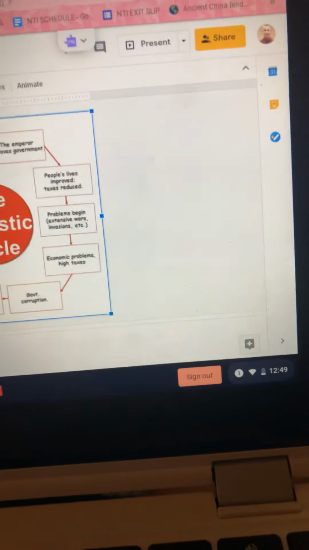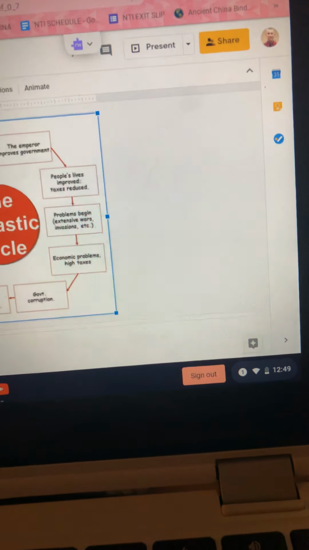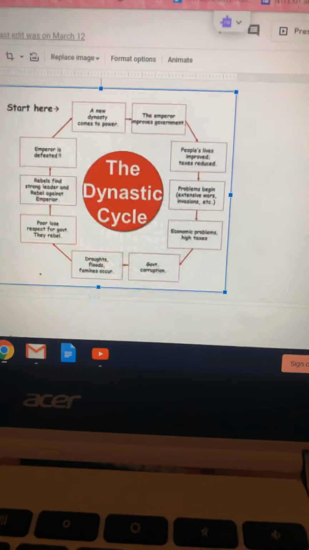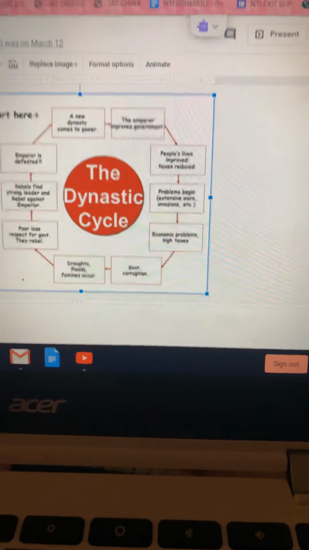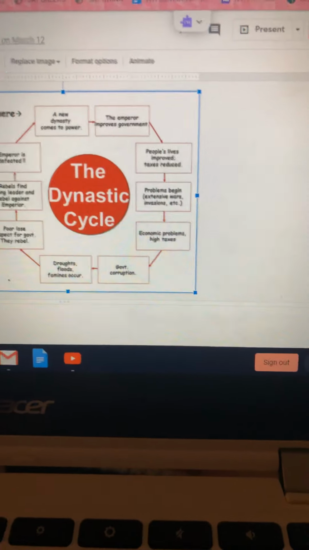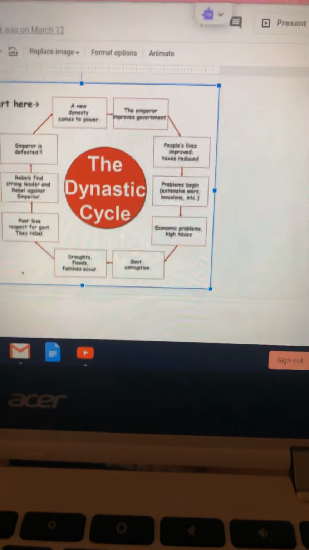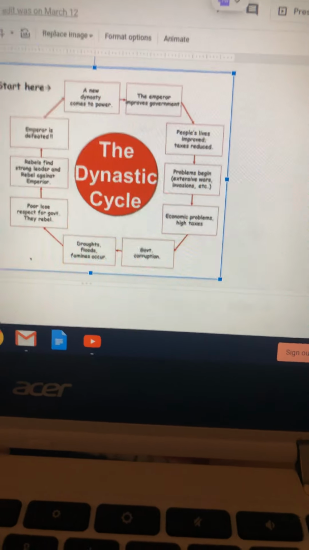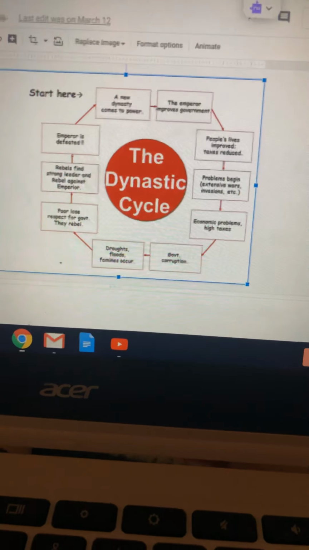It's going to lead to droughts. It's going to lead to floods. It's going to lead to famines. It's going to lead to them not being able to grow crops and their economy not being able to trade things that they need to trade for their economy to continue to grow. And the people are going to start losing respect for their leaders. They're going to say their leaders aren't doing what they're supposed to do, and eventually the people are going to